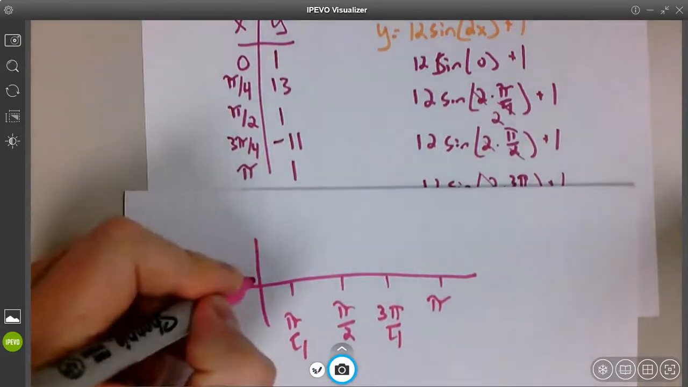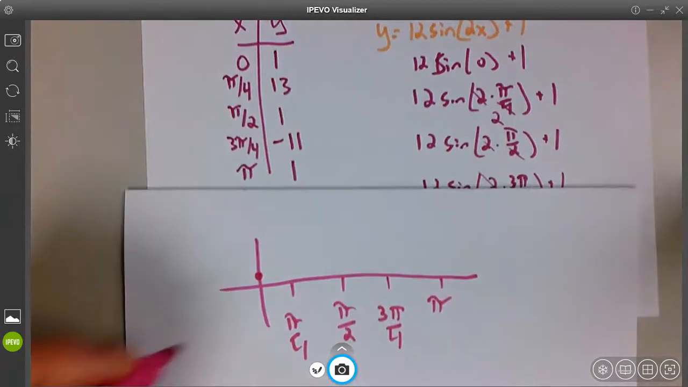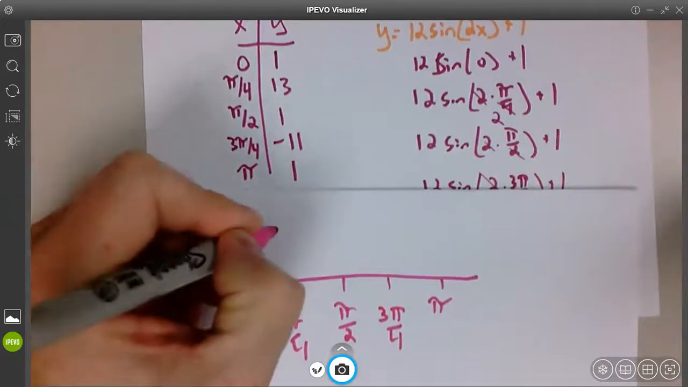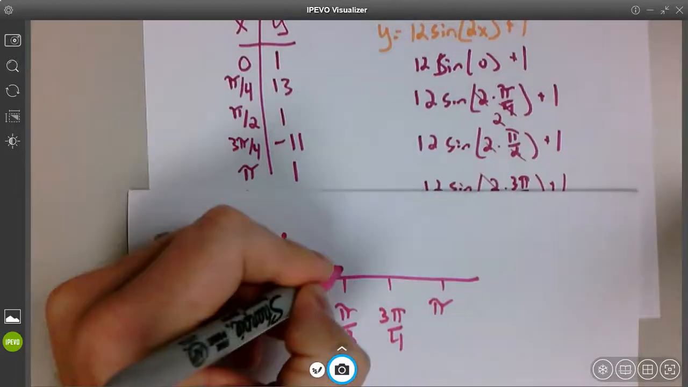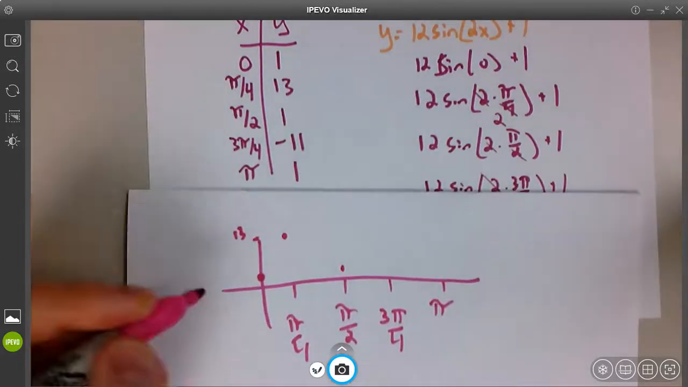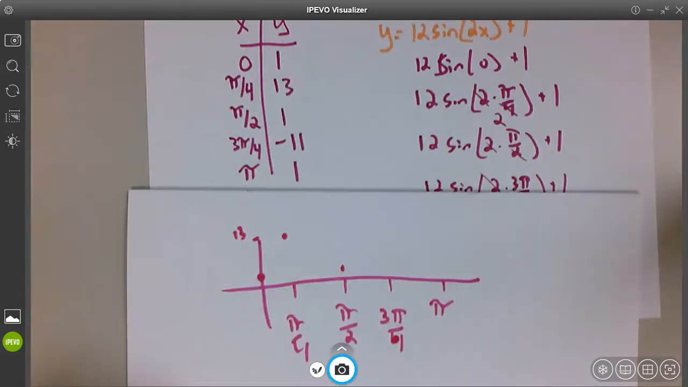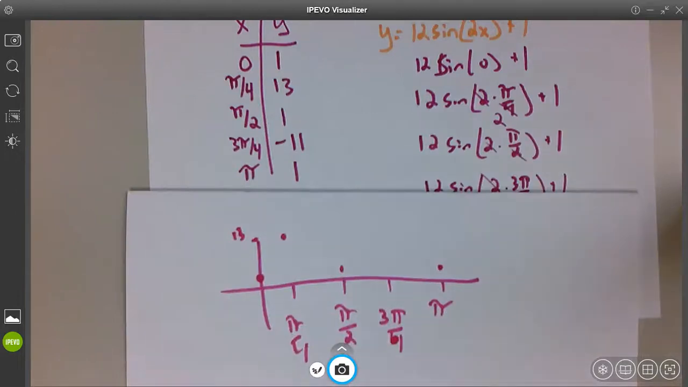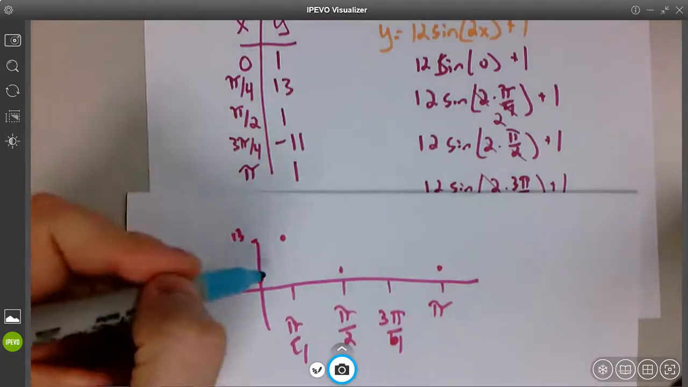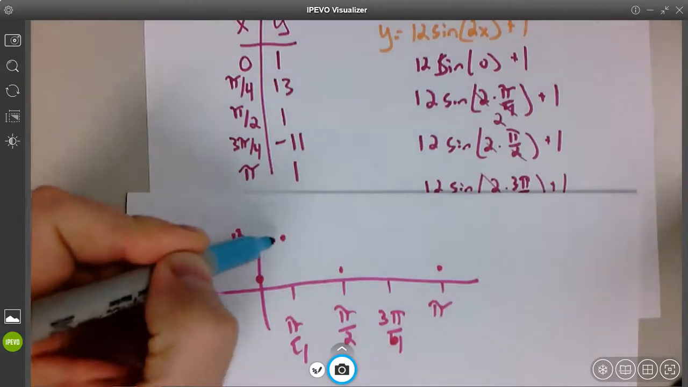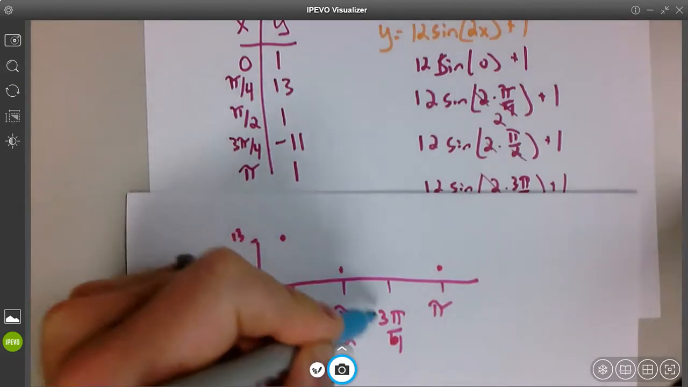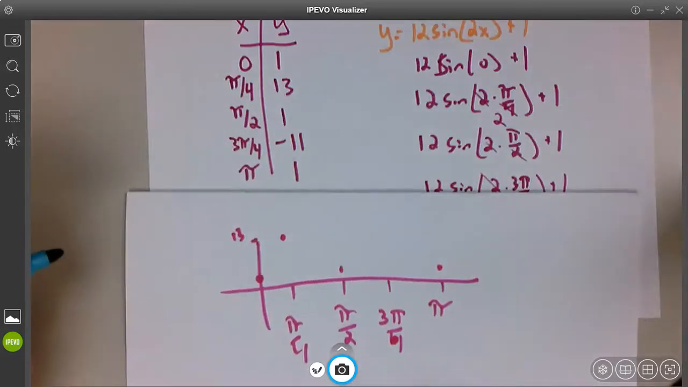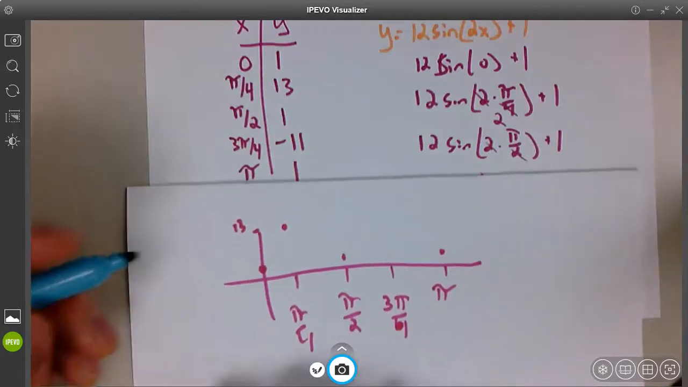At 0, we went up to 1. At pi over 4, we went up to, let's just call this 13. At pi over 2, it was at 1. At 3 pi over 4, it's at negative 11, right in the middle of that thing. And then at pi, it's back at 1. Okay. The final part of this is just to connect these with a smooth curve, not a sawtooth. It's flat at the tops of these things. At the antinodes, it's flat. And then it's at its steepest at these nodes. So you're going to have to work with some concavity as a word you'll use in calc. But for now,